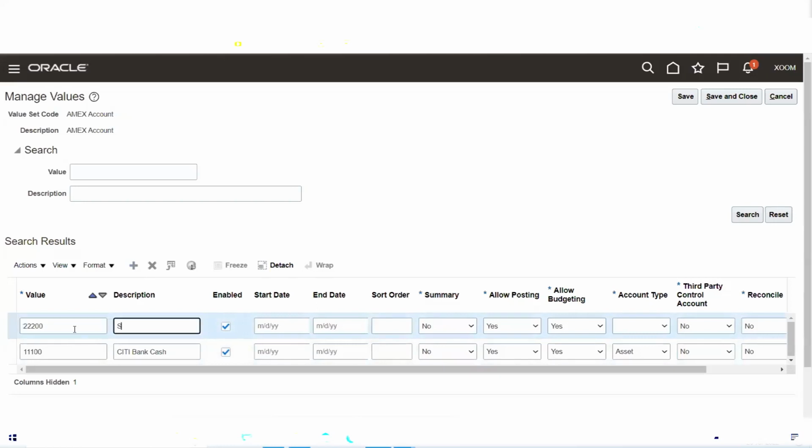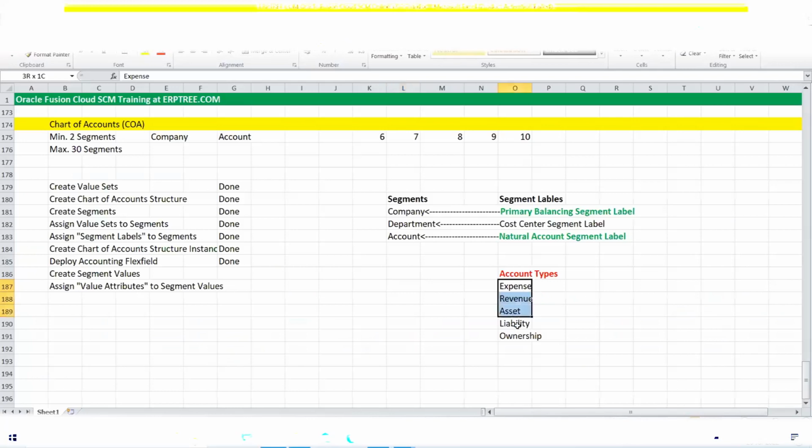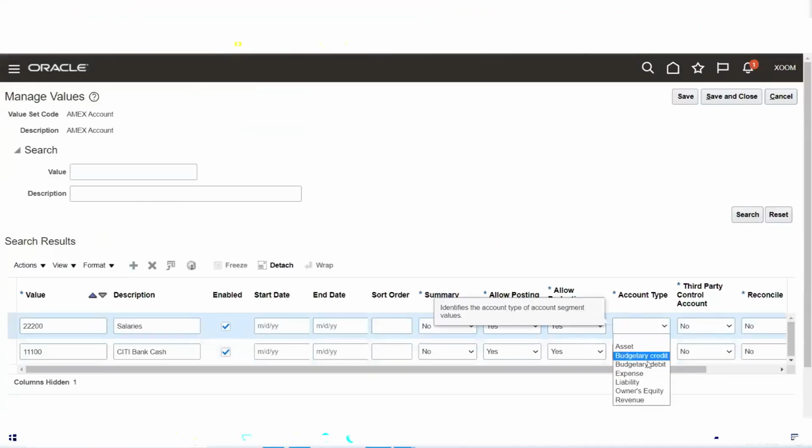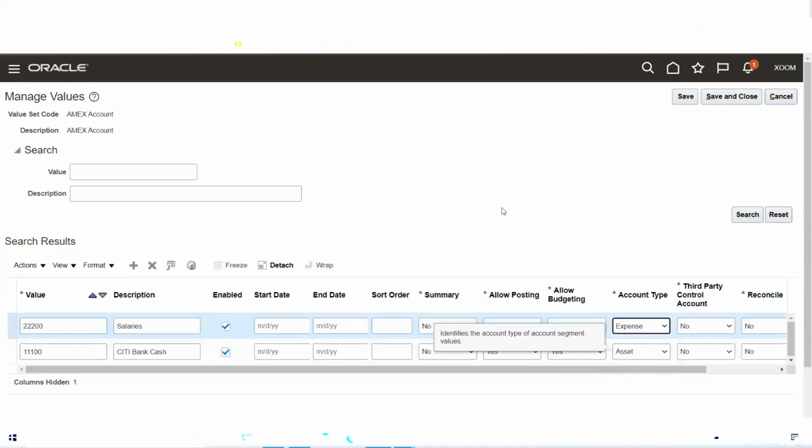I want to create an account called salaries account. Salaries is which type of account you think? Salaries, maybe expense. Expense for the organization, yes. Salaries nature is expense. Select expense as account type